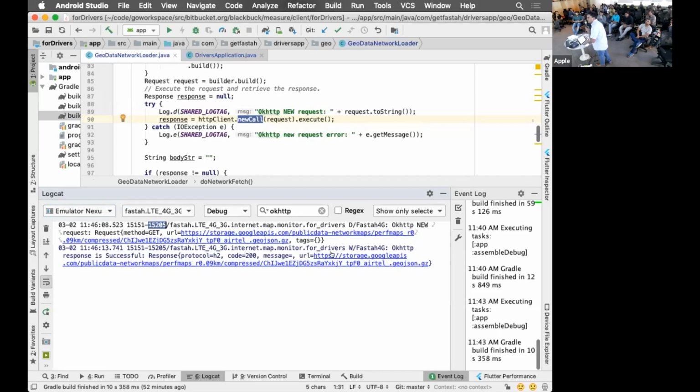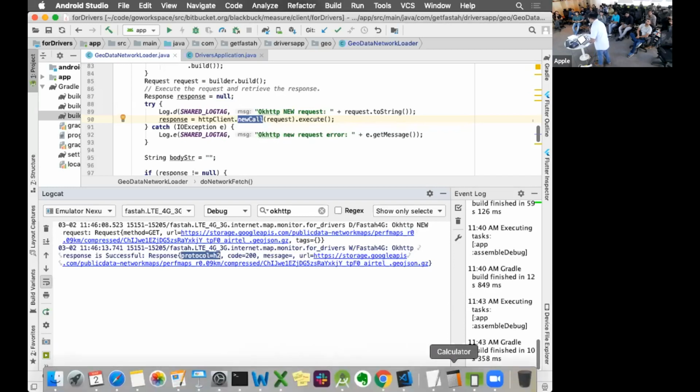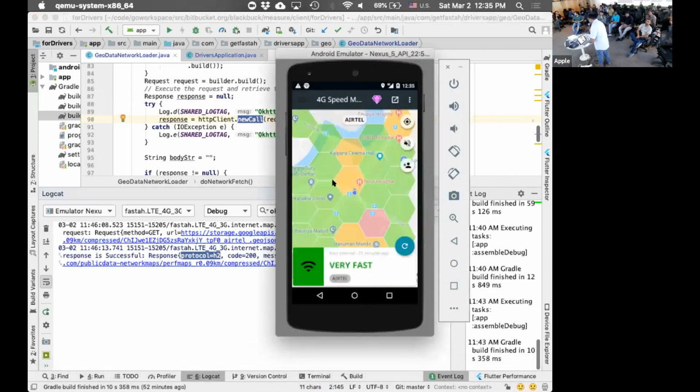So in the response, I'll show you here. The second log message is okay, HTTP response is successful. Protocol is H2, code is 200, and message is blah, and URL is this. So protocol is H2 is what you need to look out for. Protocol H2 means it's talking HTTP2 to that server. And once it loads this, it actually shows these maps because that's what I'm loading here. I'm loading a gzipped tile layer,